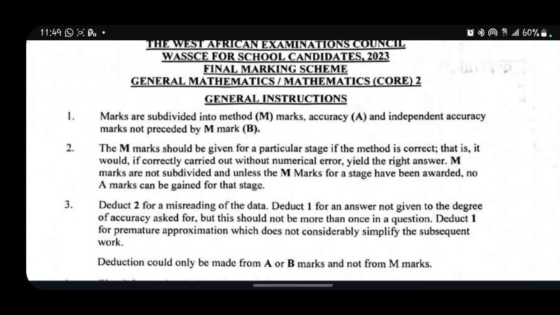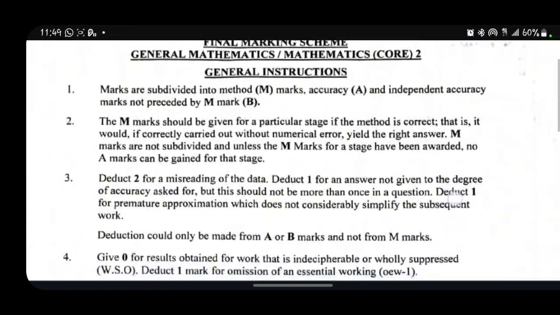So far, you know some of this instruction, and you have read very well, you have prepared very well for the exam you are going for, and you have these instructions at the back of your mind, these guidelines. This will help you a lot to avoid loss of marks and deductions of marks. So let's start with the general instruction. This is a marking guide from WAEC that was used in